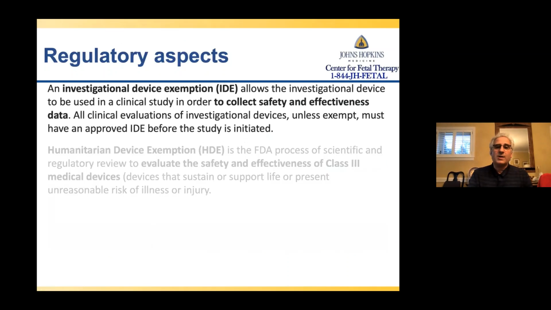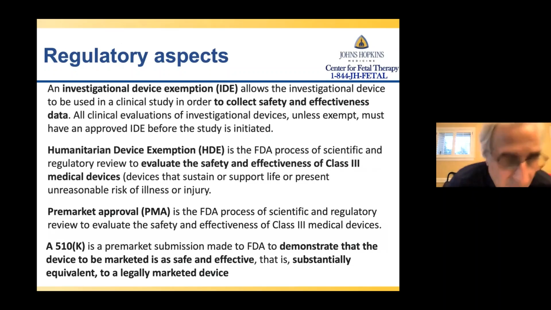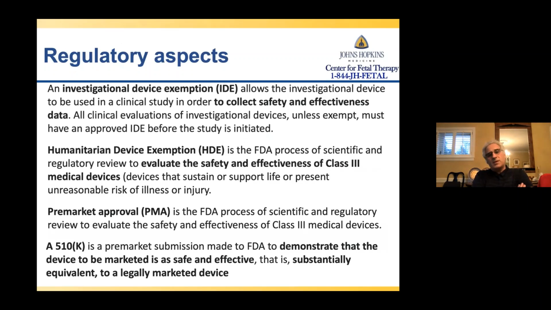So I just want to finish up with some of these regulatory aspects. Because the uterus is a high-risk environment, unless a device has been marketed for that, really you have to, according to the FDA, use an investigational device exemption, which has a regulatory component with the FDA where they have your protocol, how you're approaching things. It specifies what you report on an annual report and the adverse events that require immediate or intermediate reporting, and you have an accompanying